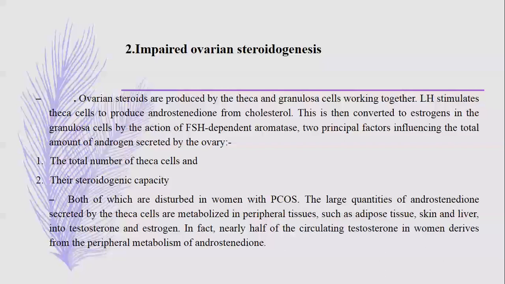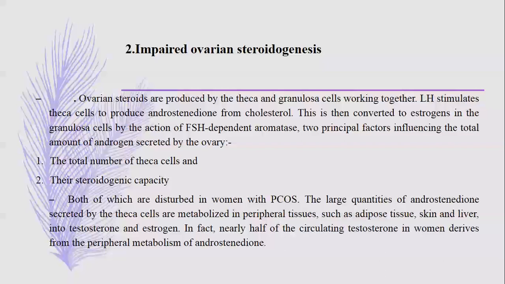These two principal factors influence the total amount of androgen secreted by the ovary: the total number of theca cells and their steroidogenic capacity. Both are disturbed in patients with polycystic ovary syndrome. The large quantity of androstenedione secreted by the theca cell is metabolized in the peripheral tissue, because there is a large amount of androstenedione. Not all will be converted in